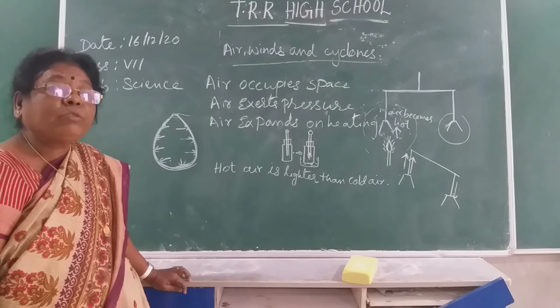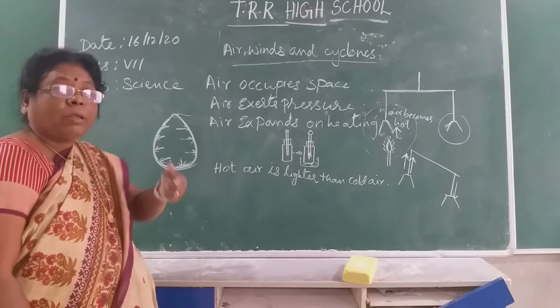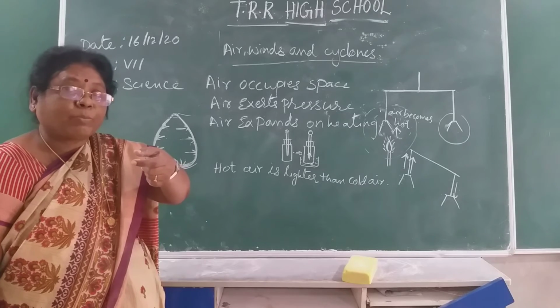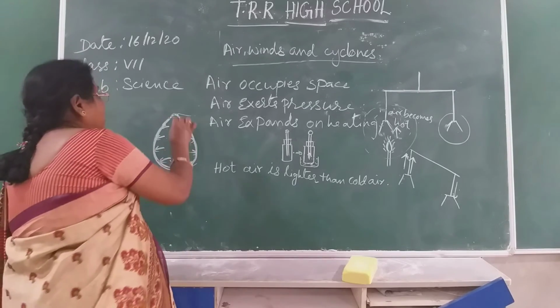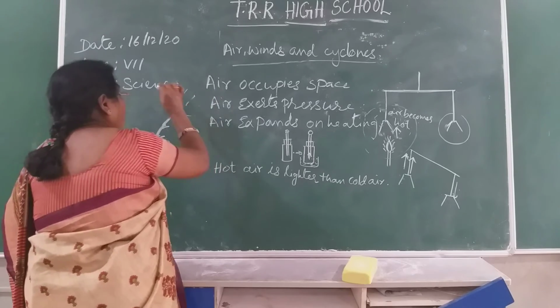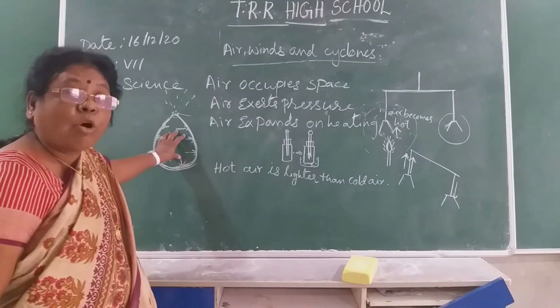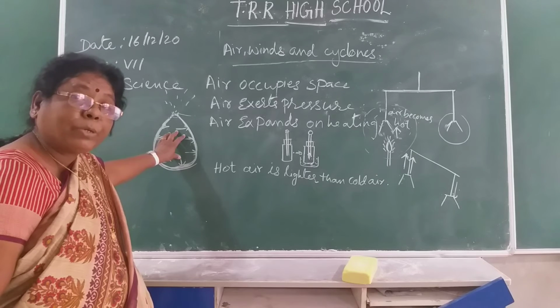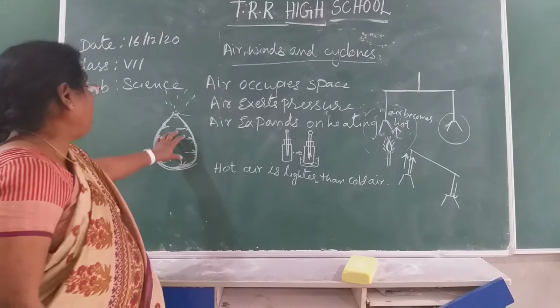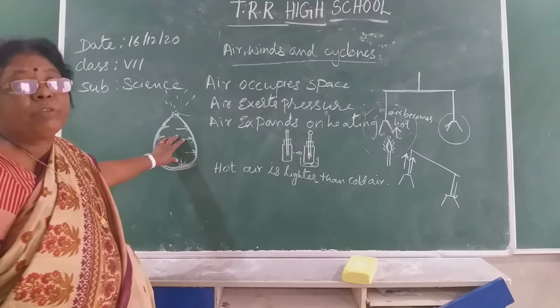Now remove the thread slowly. This will be under your control, how the air escapes. Control this. Slowly the air will escape. So what happens? The pressure in the balloon is more compared to the outside pressure. The air comes out with the pressure